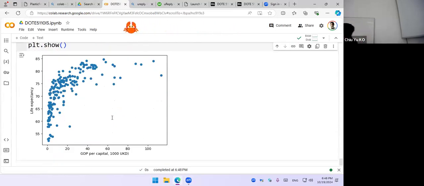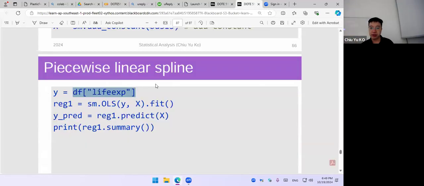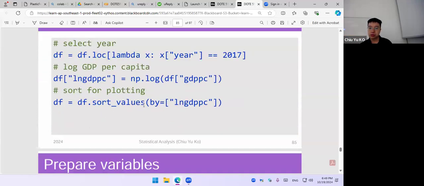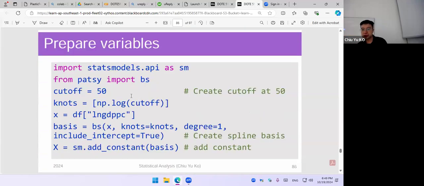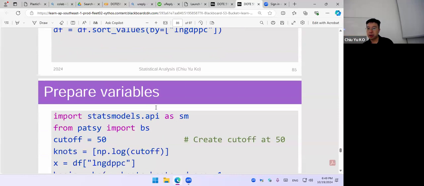And that is the reason why this is nonlinear, right? In particular, you would think that somewhere here, things become different, right? So that's why the data is nonlinear. So using regression will not do a good job, right? I think that I should show you this graph before we do the nonlinear thing, right? So what we want to do is to cut off at